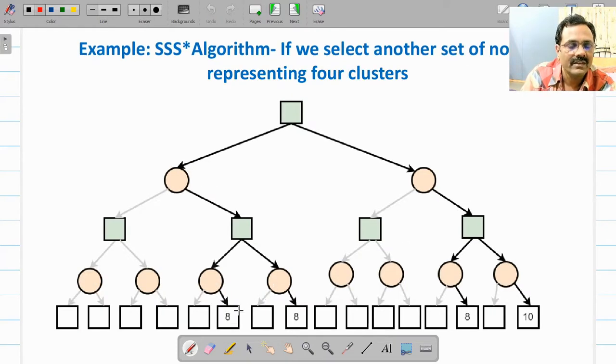So instead of that, if you select these 4 nodes, 8, 8 and this 8 and this 8. If this is the case, then at home you evaluate how it will work. How are you going to start? So forward phase already you have done. Now go to the backward phase. Select the best cluster. This will be your best cluster.